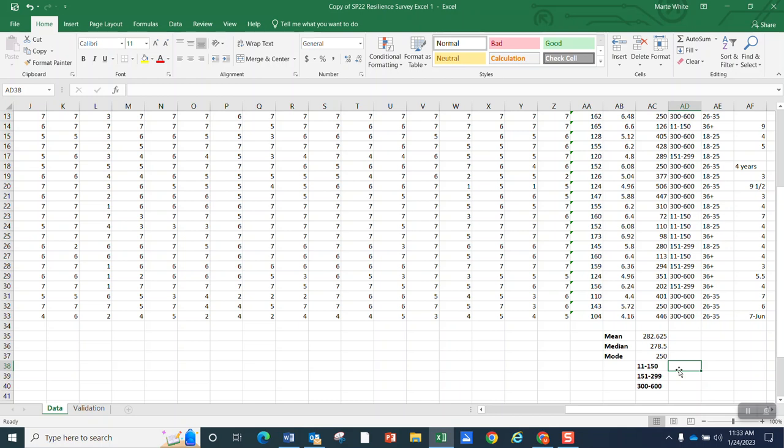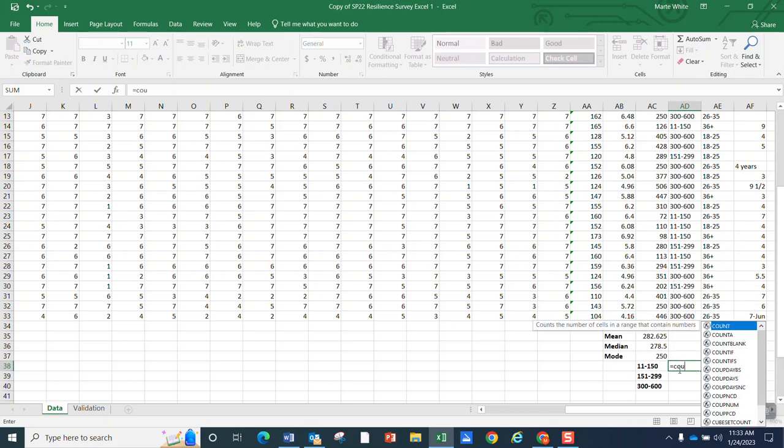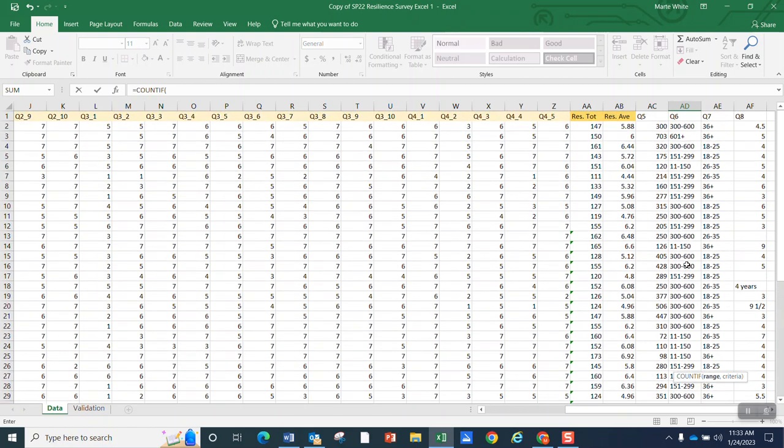So here I want you to type in equals and then start typing countif. You'll see it here when I type count. It's right here, countif. Hit the tab. Now, you look at the little drop-down menu here. It says countif, and then it has the bold range. So we want to highlight the range we want to count. We are looking at these numbers right now because we want to know the categories. The range would be